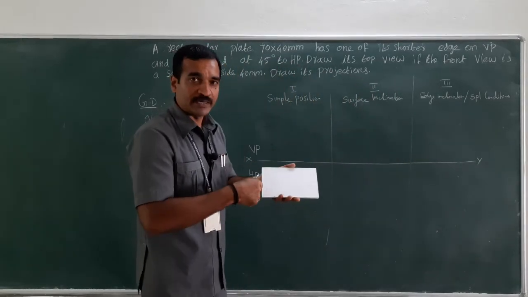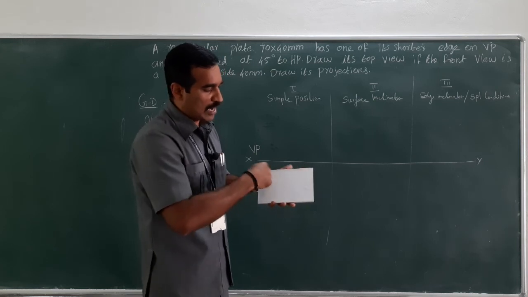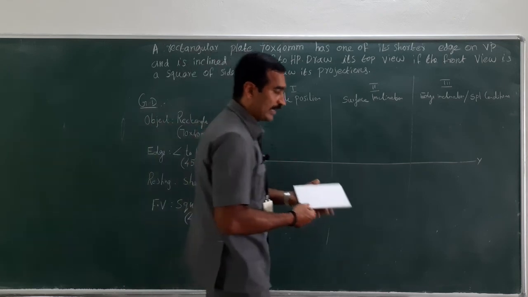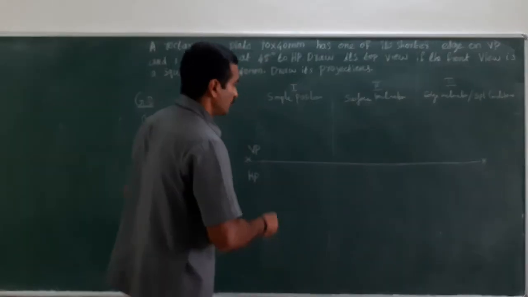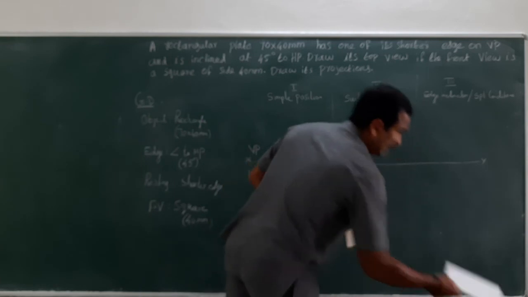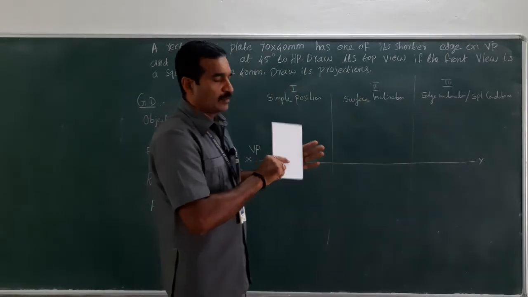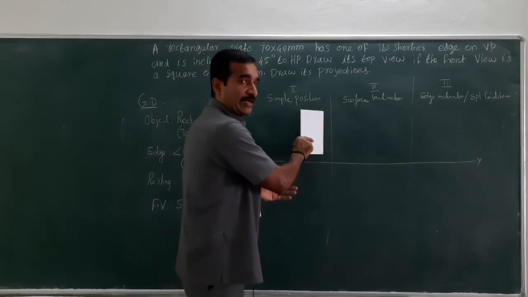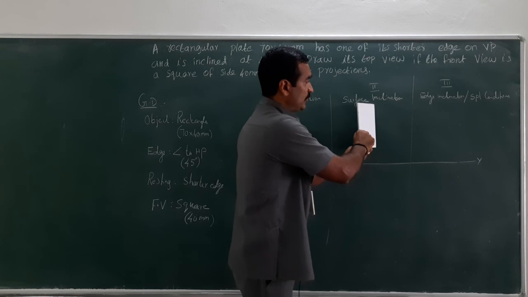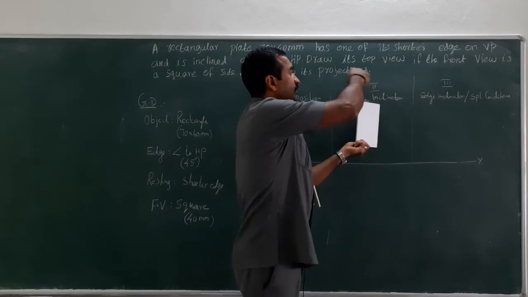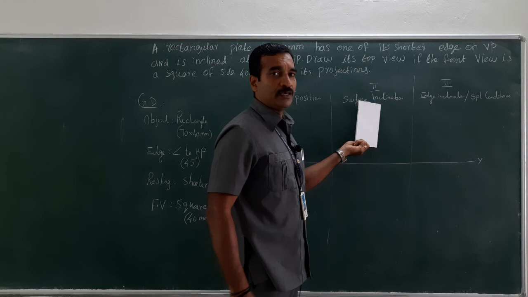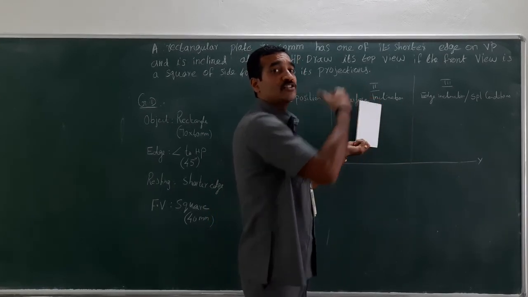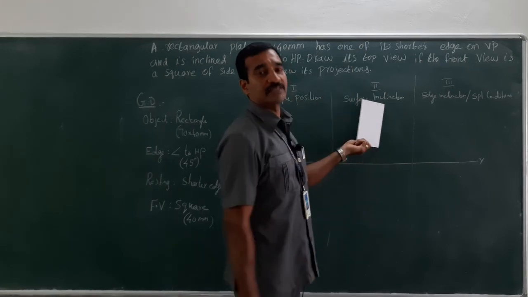These two are the shorter edge or shorter side. These two are the longer edge or longer side. So the shorter side, this is how it is resting, right? In that scenario, suppose it is resting on the longer side, then if you keep the condition as longer side, and this particular thing is inclined at some inclination with VP, if you look at it from the front, you can't see this as a square. You could see this as a rectangle.